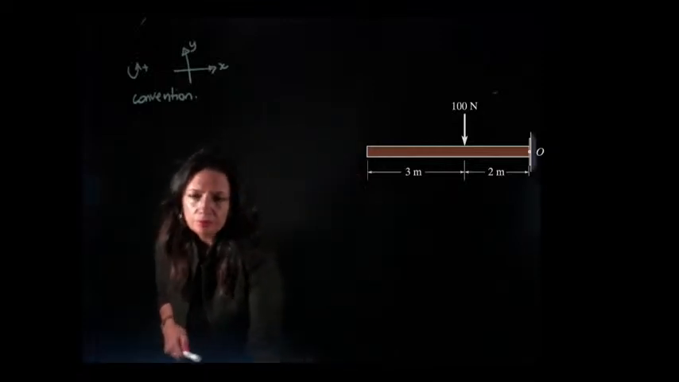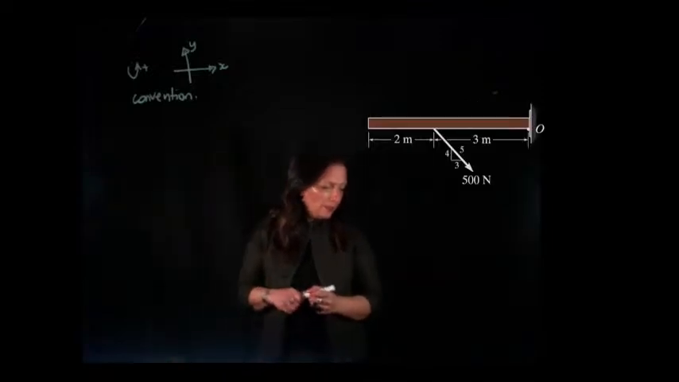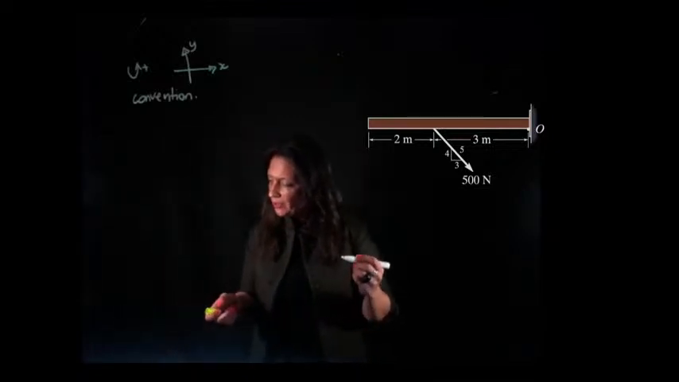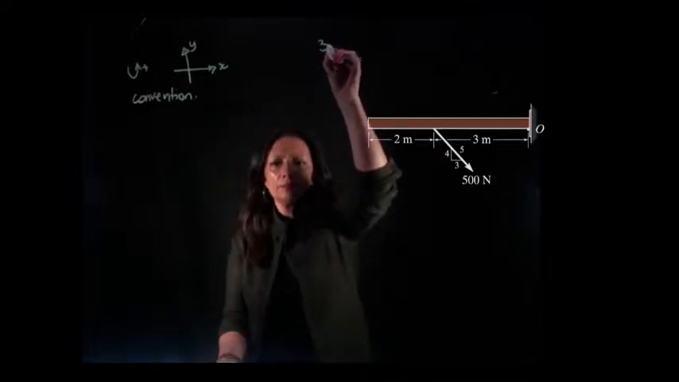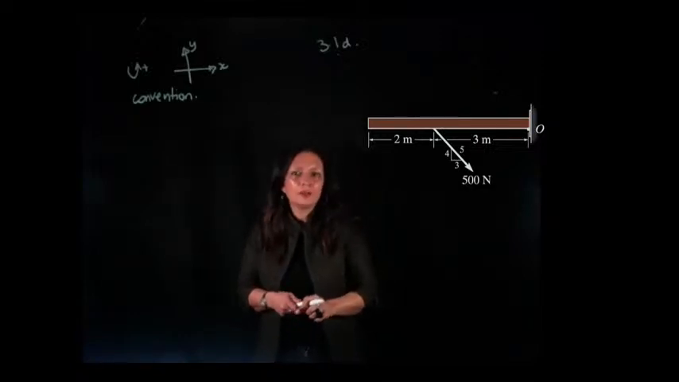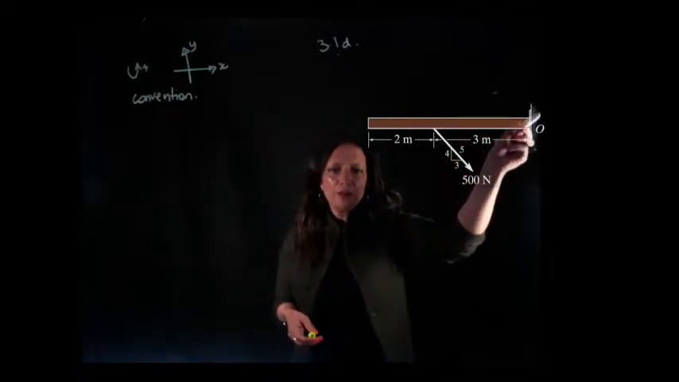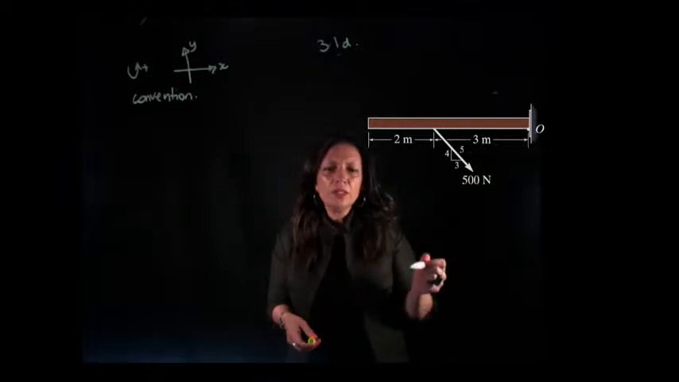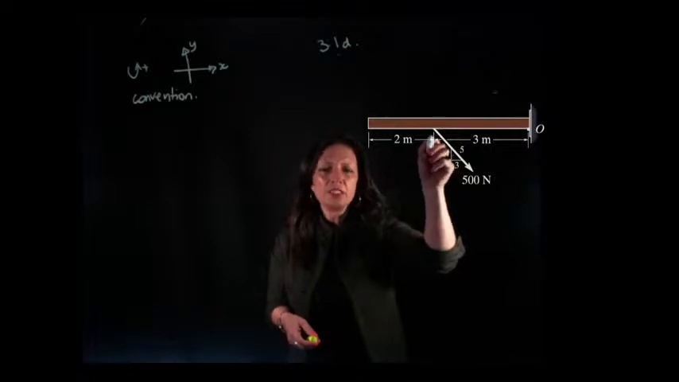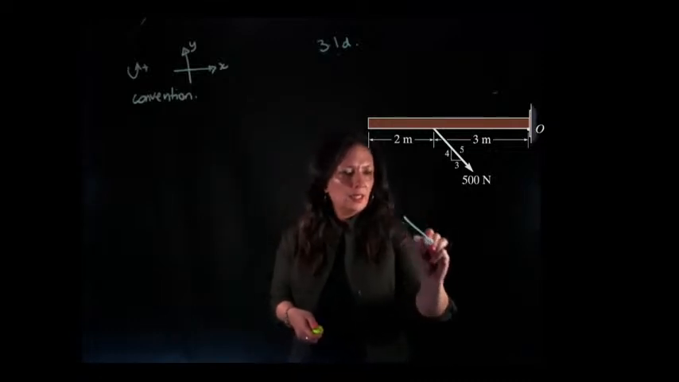Okay, let's do another problem. So this is problem 3.1D. And what are we going to do? We want to determine the moment around point 0. But now we have this force, and we need to actually break up this force into its horizontal and vertical components. Okay, so down here, I'm going to redraw my force,